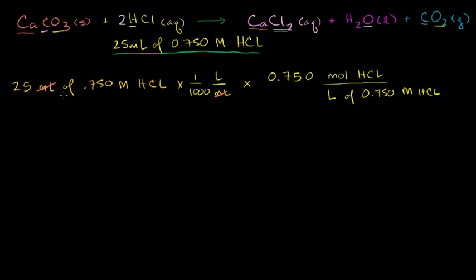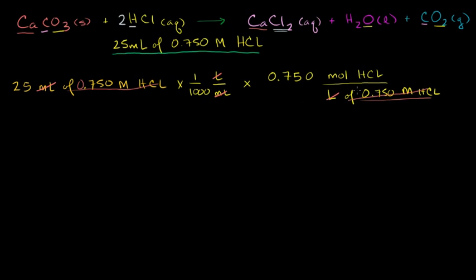And then I want to convert from the solution to the actual number of moles. If something is 0.75 molar, that means there are 0.75 moles of hydrochloric acid per liter of the solution. You could call that the solution. And so this will cancel out. We have the liters canceling out with the liters. And then you could even say the 0.75 molar hydrochloric acid solution cancels out with the 0.750 molar